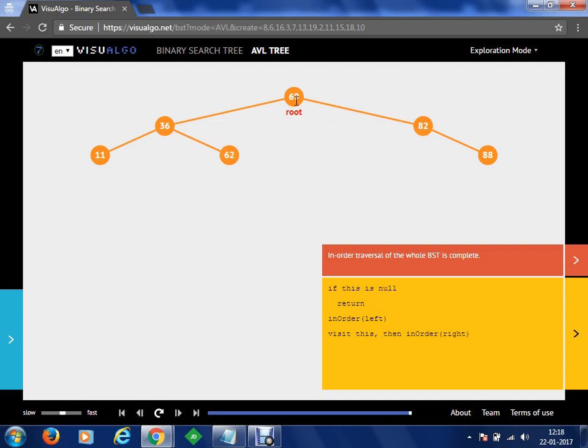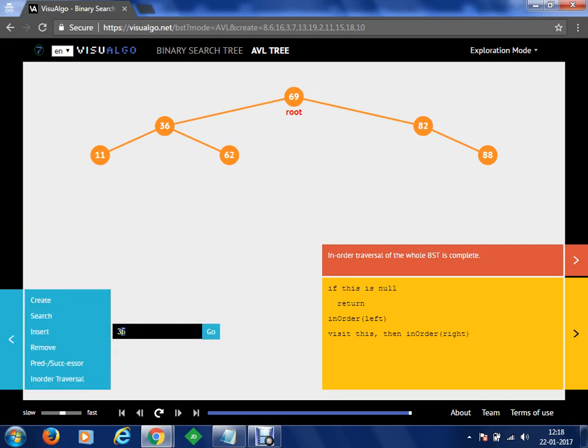There can be no duplicate values in your data structure. Now, let's say, just like you said about duplicacy, just add 69 over here. Yeah, it won't be added. You'll say no duplicate vertex allowed. Clear? You won't be able to input that.